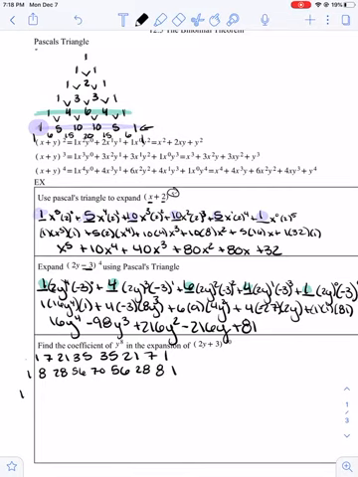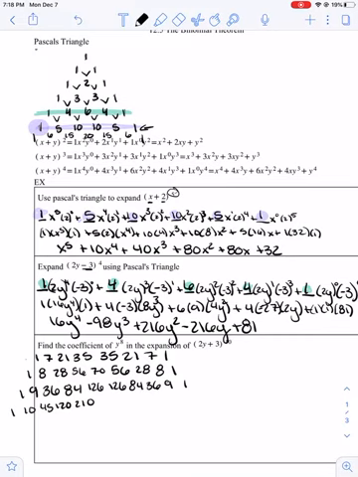Now the 9th row: 1, 9, 36, 84, 126, 126, 84, 36, 9, 1. Then lastly, the 10th row: 1, 10, 45, then 120,